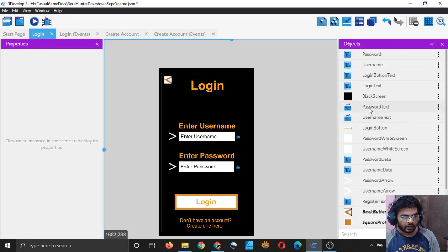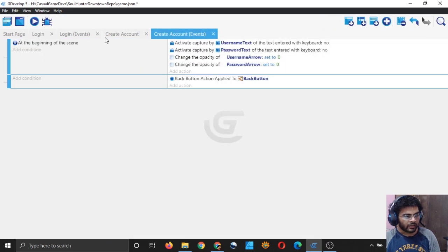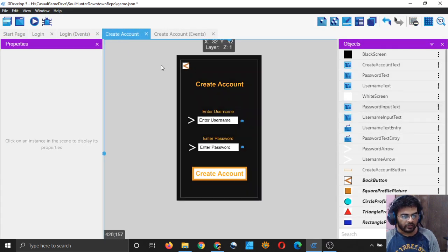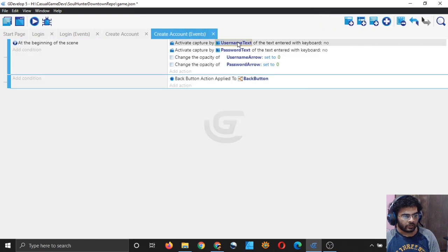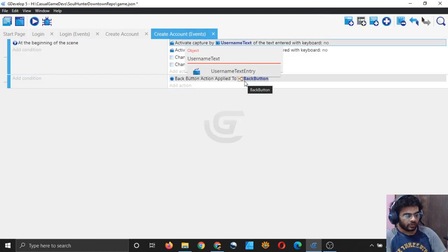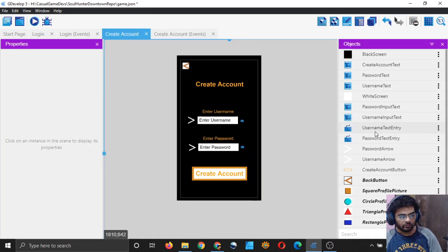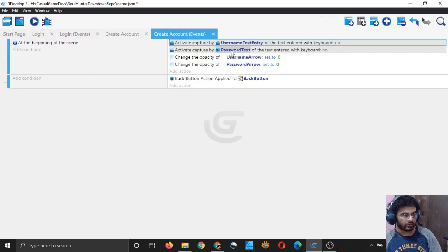Yeah, username text and password text. The names of my text objects here are username input text and password input text. So I will simply change it to username input text. Wait, username text entry, I guess. Yeah, username text entry, that's what it is. And password text entry. So that's good.